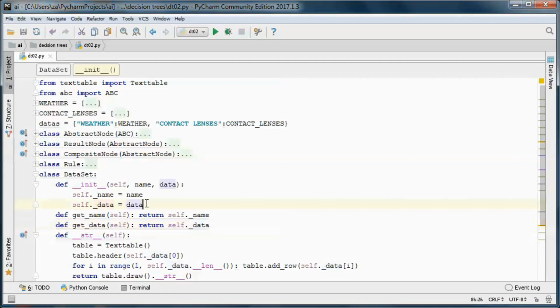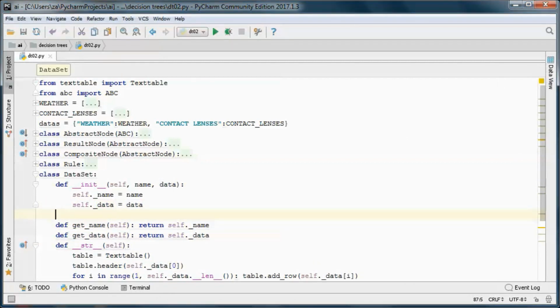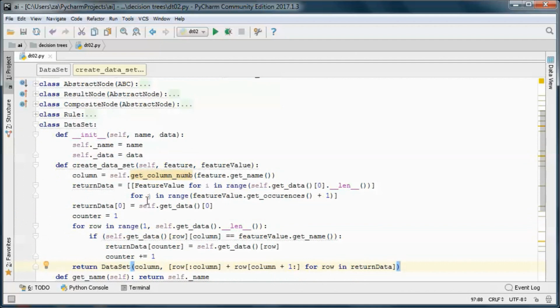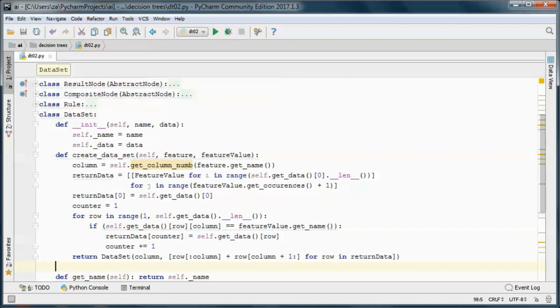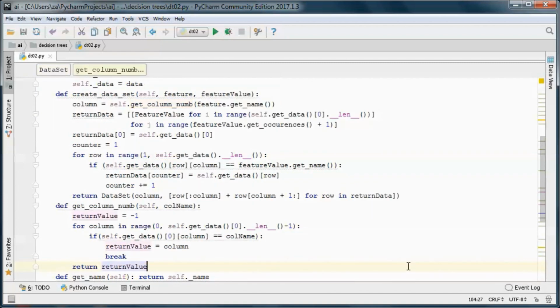And this method will create a dataset given a feature and a feature value within that feature. And this method will return a column number given a column name.